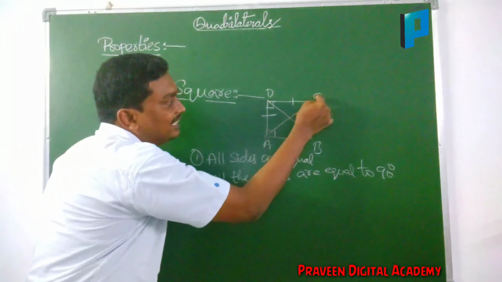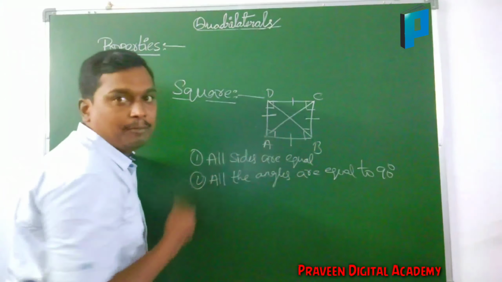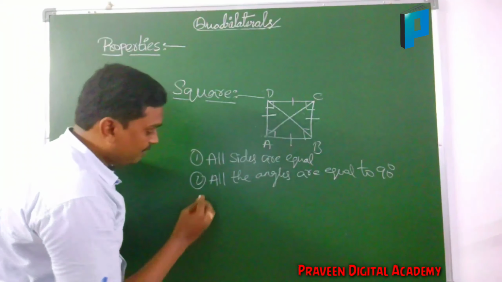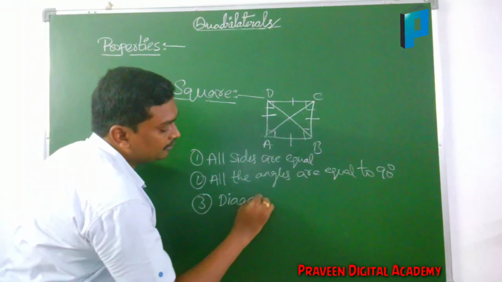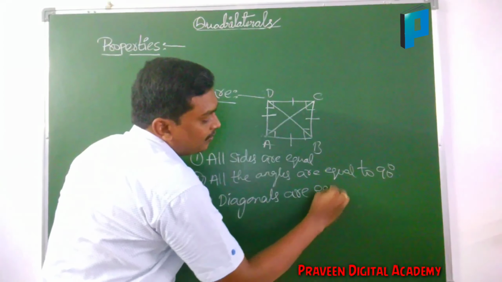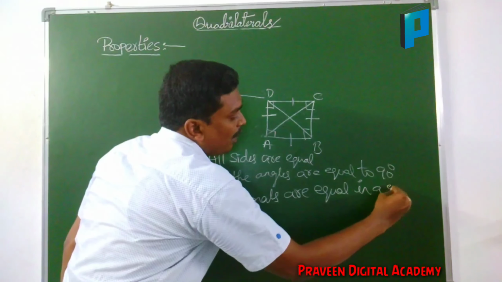Here however much the AC length is, the same length will be there for BD. So we can say that diagonals are equal. Diagonals are equal in a square